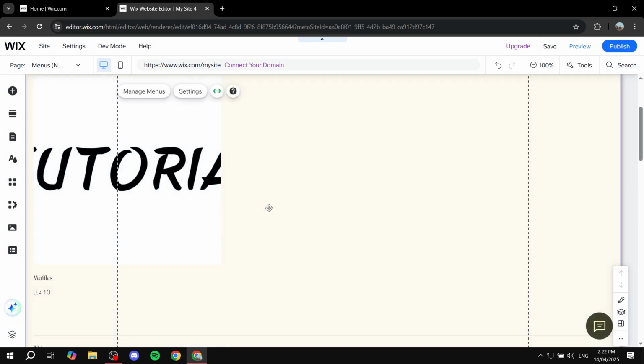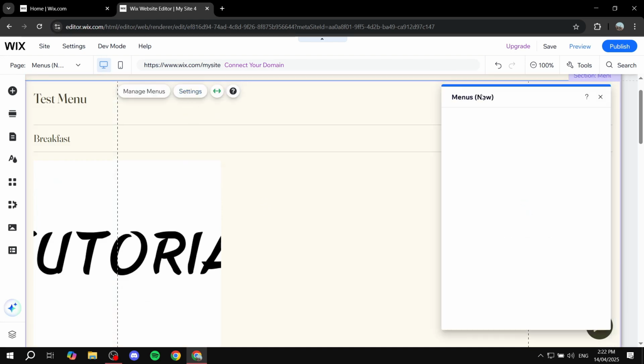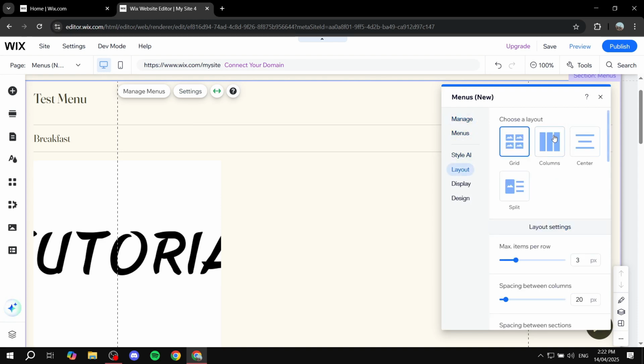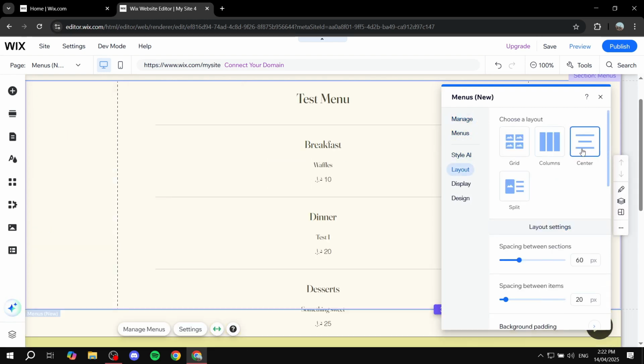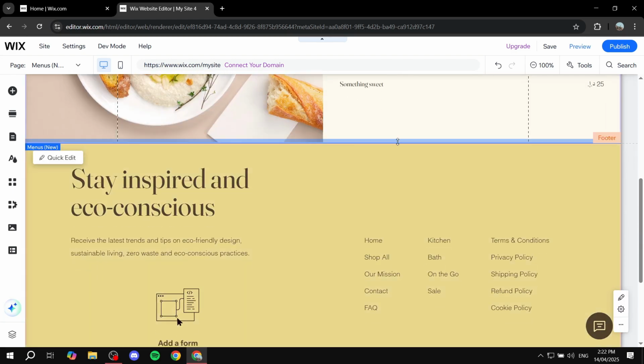So you can just feel free to click on it and then click on settings. And then from settings, you should be able to find the different layouts and styles and so on. You have the columns, you have the centered, you have the split. So you have plenty to work with when it comes to style with this one. So this is pretty much how you actually do it. So I just wanted to show you,